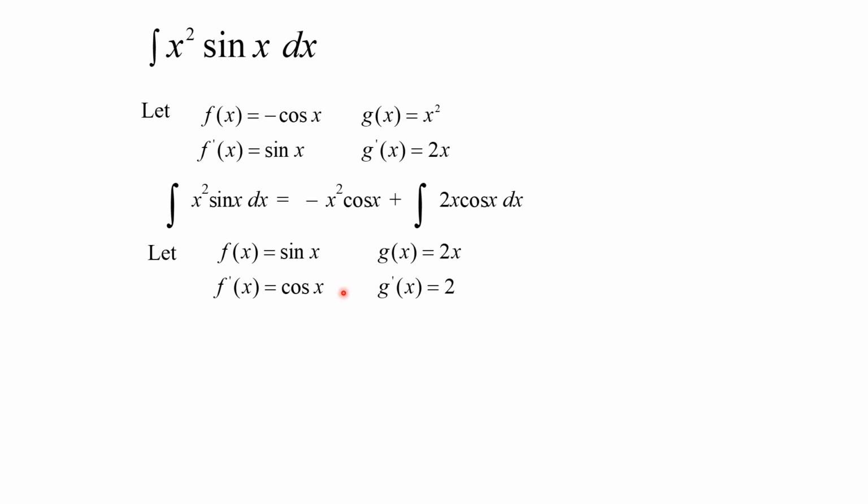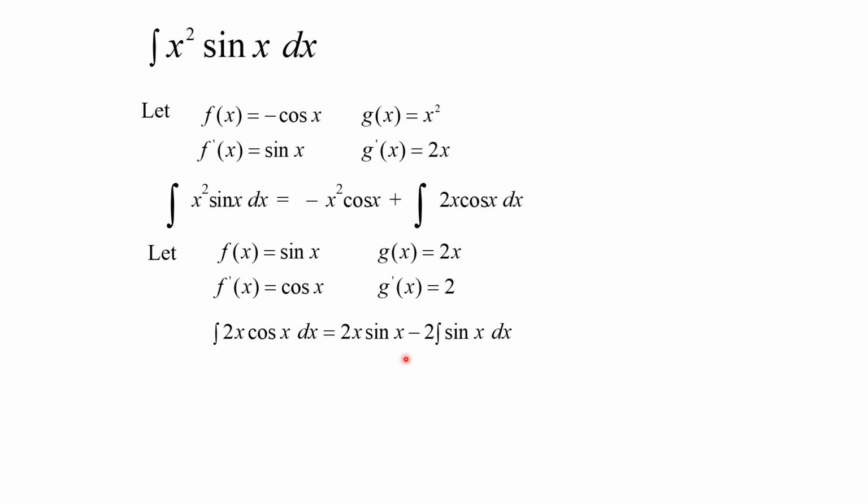And then from your f prime x and g x, which you choose from the question, you identify your g prime x, which is 2, and your f x obviously will be sin x. So once you get your f x, g x, f prime, and g prime, you actually substitute it into the formula. So therefore, integrating this part here, this question here is written here again, just for this part, it will become